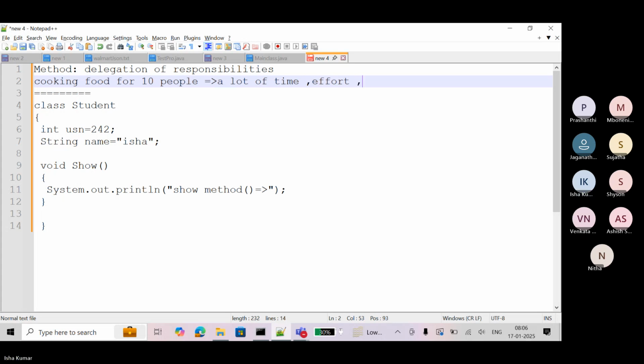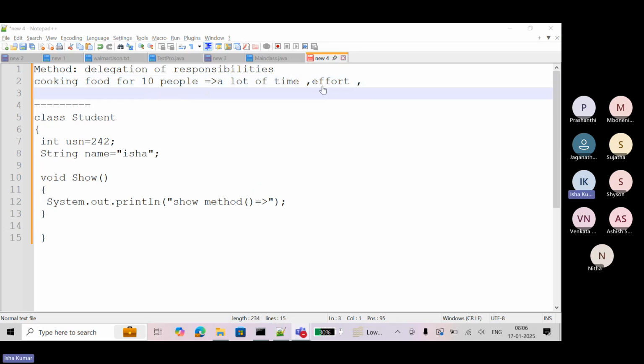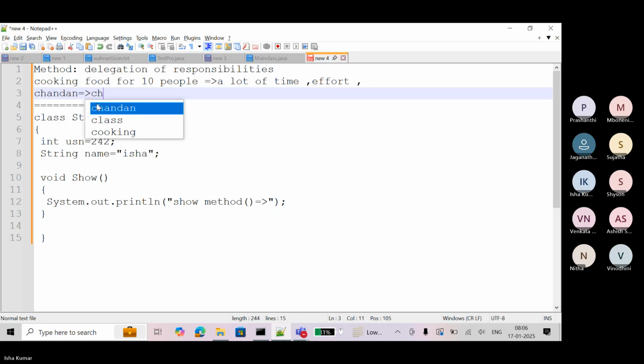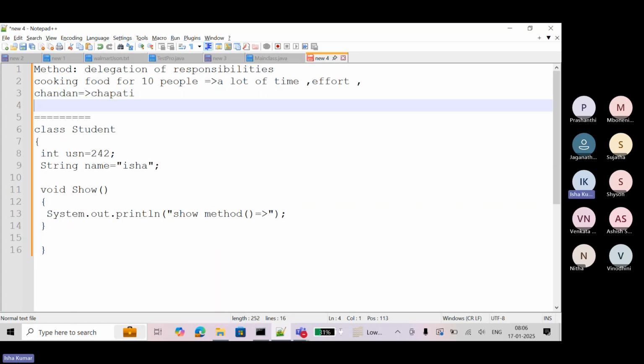So if you hire some person, let's say Chandan, and you have distributed your task, you have delegated your work to him: boss, you go and cook chapati. You tell another person, Assis, you just prepare some gravy item, right?